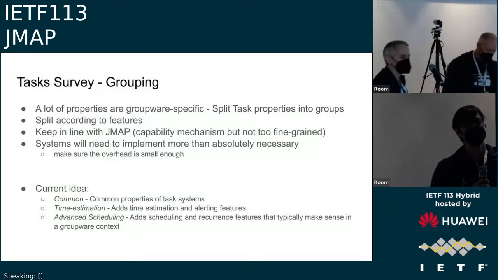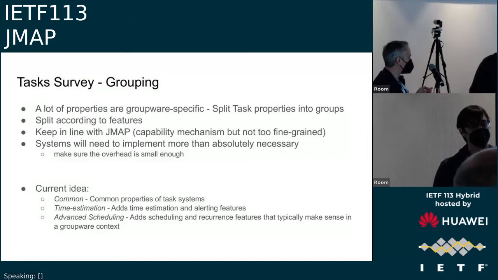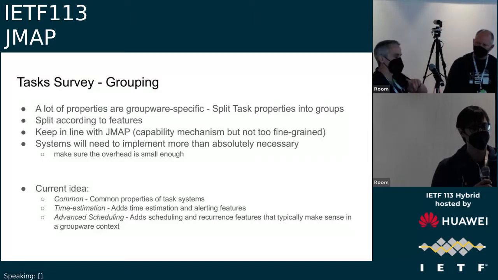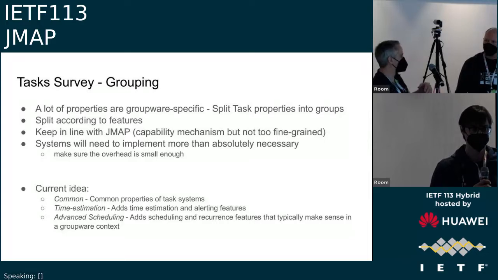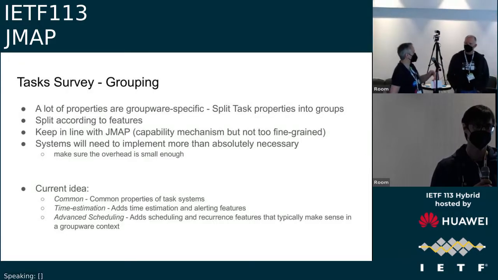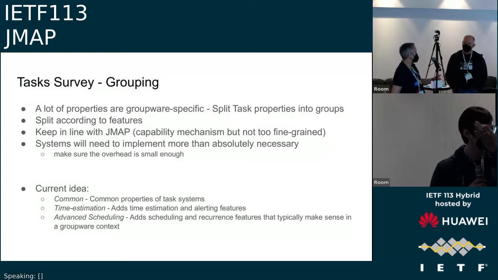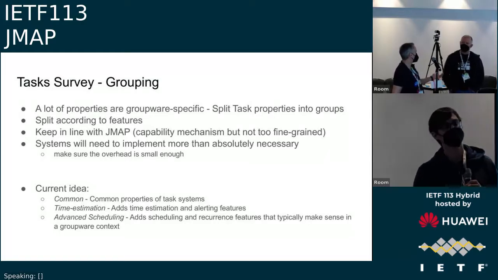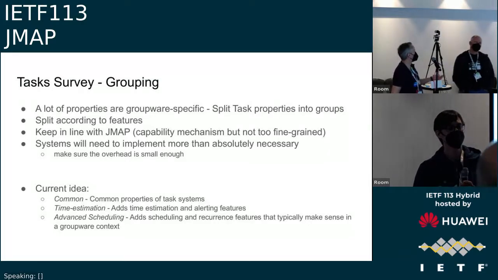Yeah. So this is Hans-Jörg replying to Ken a little bit. I think what we found out in the survey, which was presented at the last IETF, is that task systems in general are much more heterogeneous than the calendar systems. For instance, each calendar system typically includes recurrences, whereas this is rather exceptional even in groupware systems. Some, like Google Tasks, have no such thing as a recurrence.